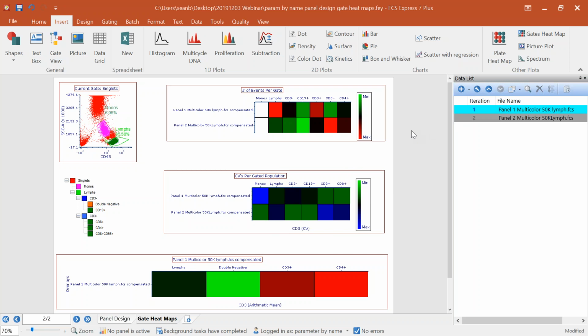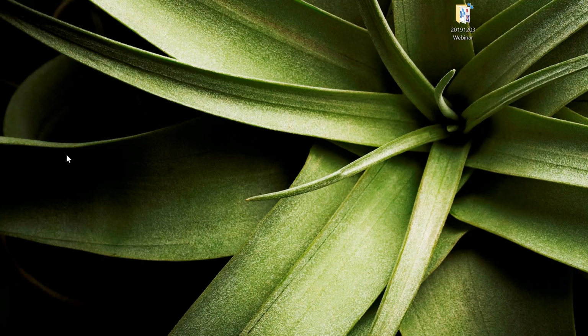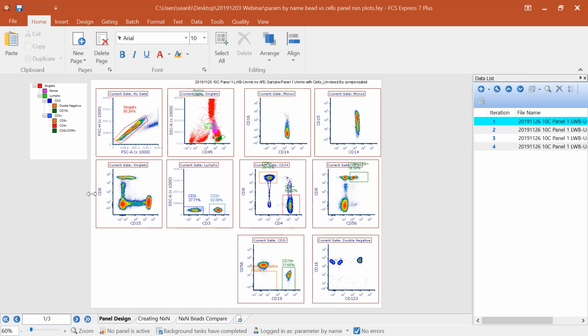Now, another tool that we've added to FCS Express 7 is what we call N-by-N plots. I know the folks at Cytek are very excited about these. I know that many of our customers are very excited about these as well. And what N-by-N plots allow you to do